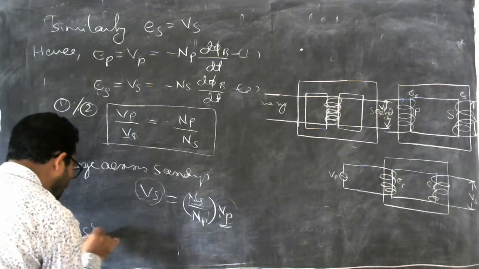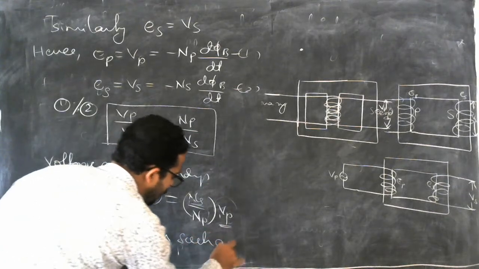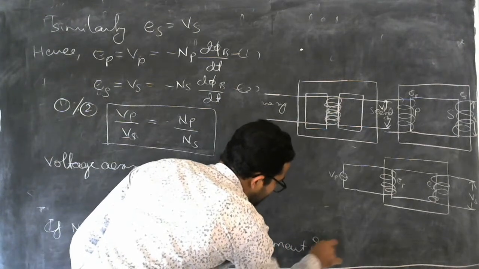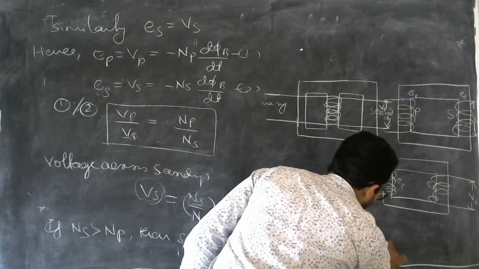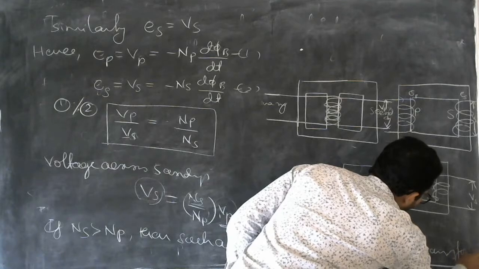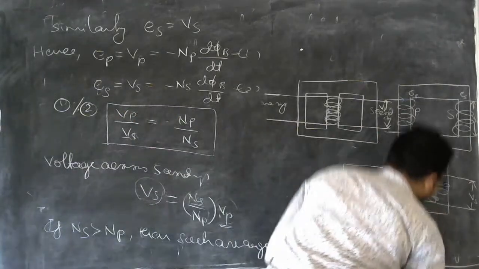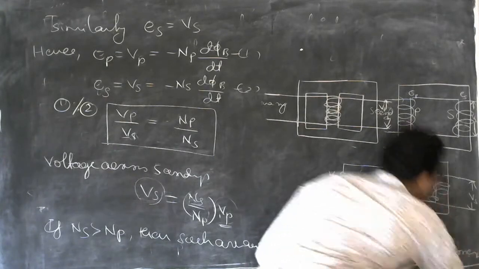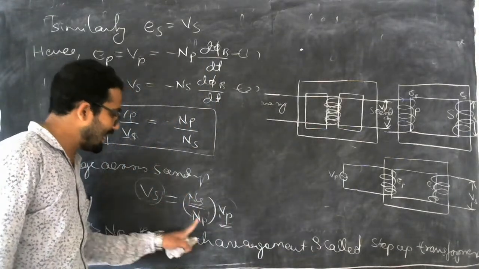If Ns is greater than Np, then such an arrangement is called a step-up transformer. If Ns is less than Np,